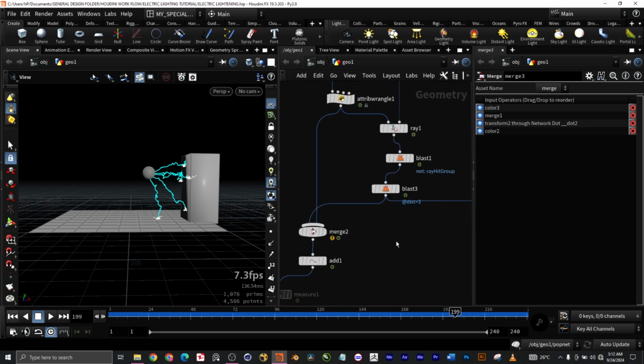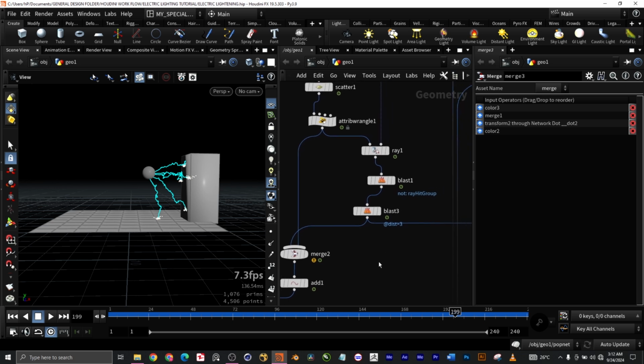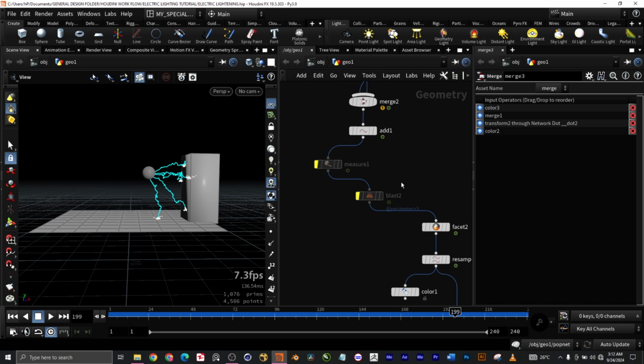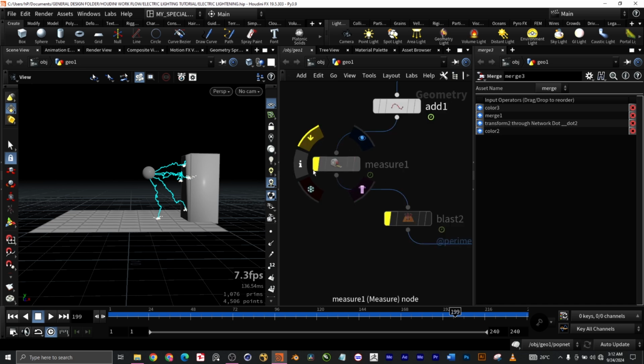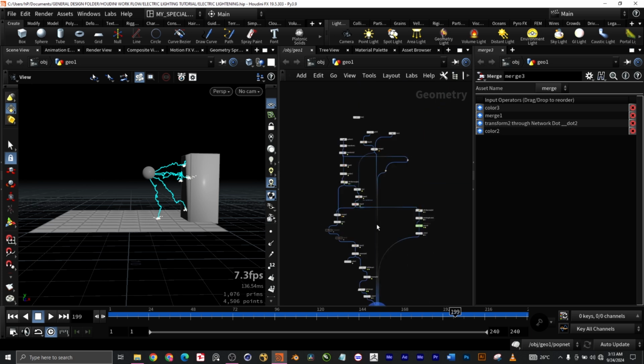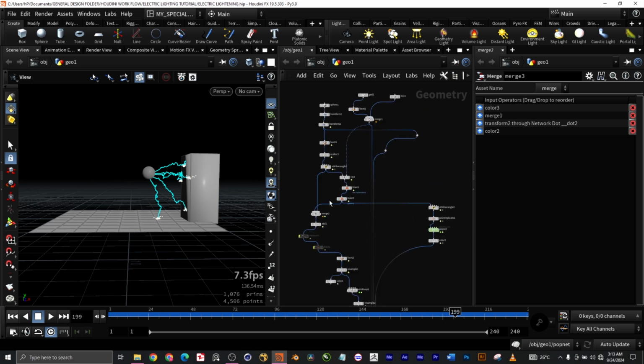So I have to return to the ray node. At first I started using the measure node right here to do it, but ended up not getting where I want because there are extra points that have been calculated, and the measure node cannot give us that leverage to end those points or take them away. So I started to use another method, and that is